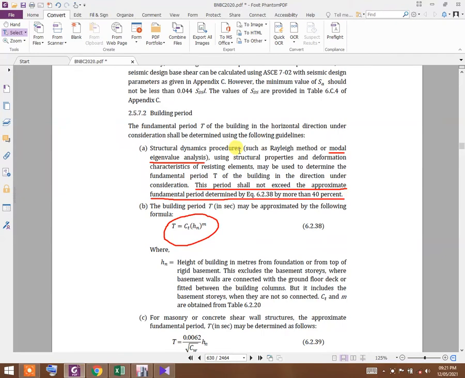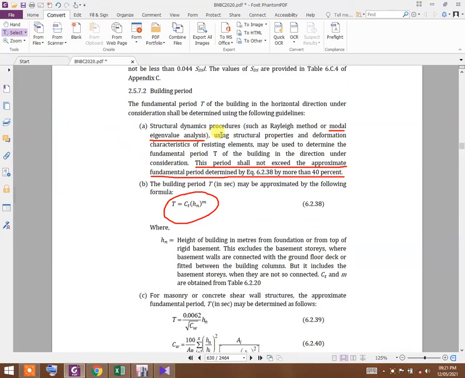We can determine the exact building period during the earthquake event based on eigenvalue analysis or the Rayleigh method. In this tutorial I will show you how to determine the exact building period according to modal eigenvalue analysis. After determination we shall check it with the approximate building period value.